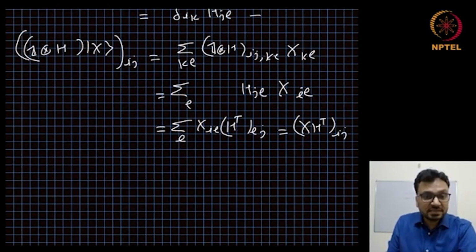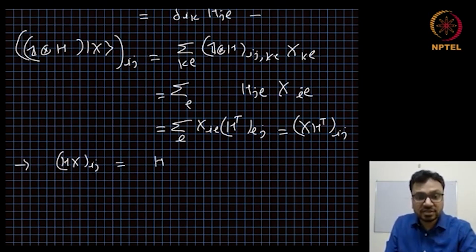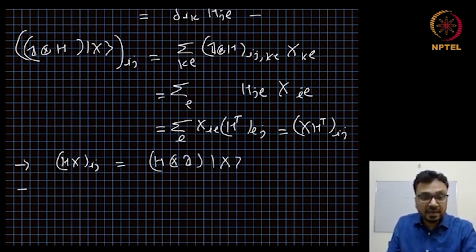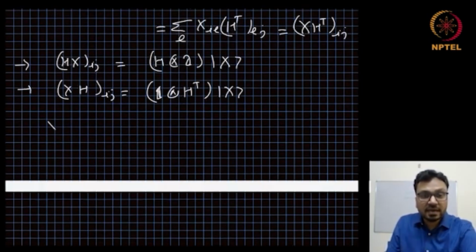So what we have established here is if we have matrices H and X, H times X ij can be written as H tensor identity acting on the vector X, and X H ij element can be written as identity tensor H transpose acting on X,